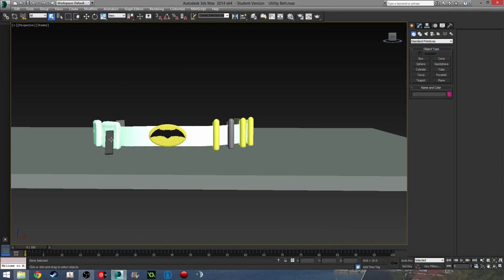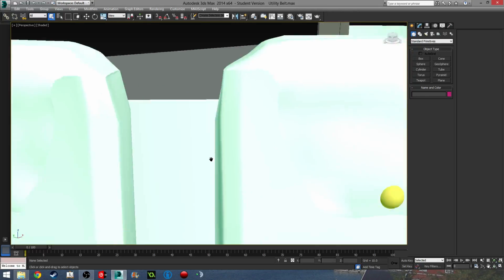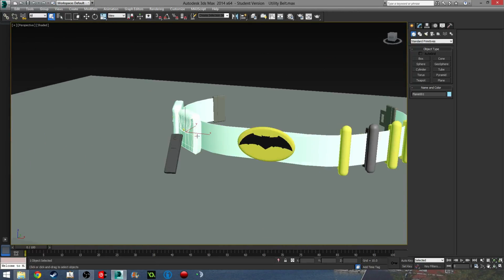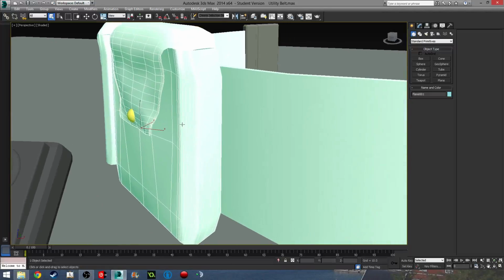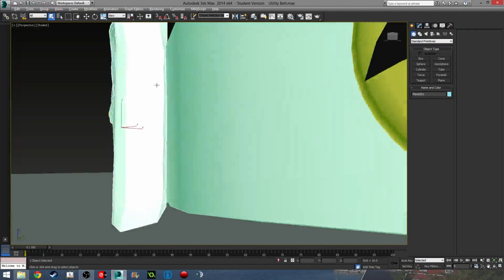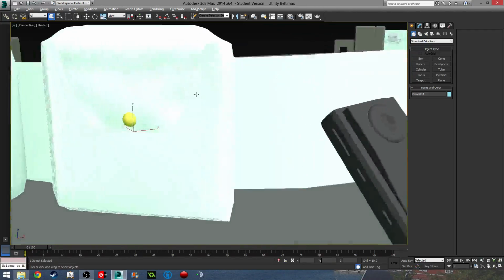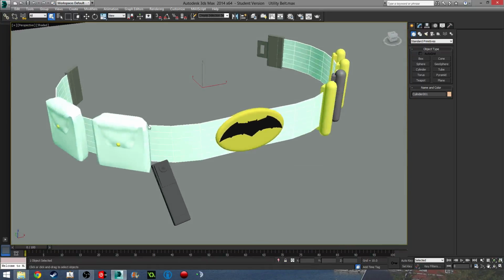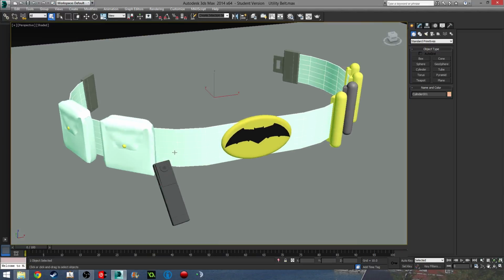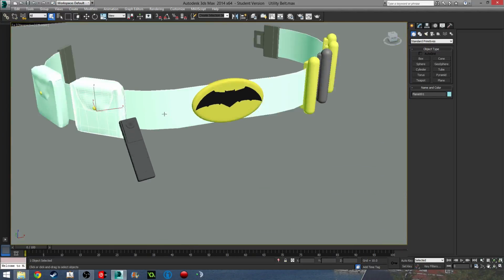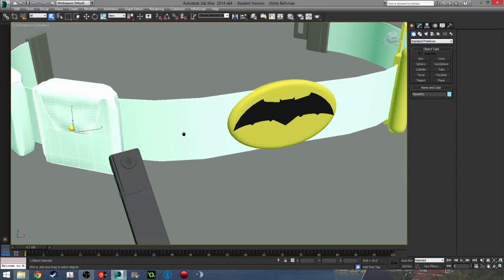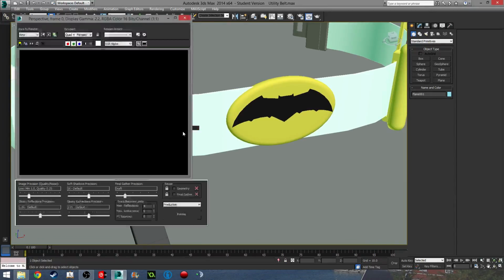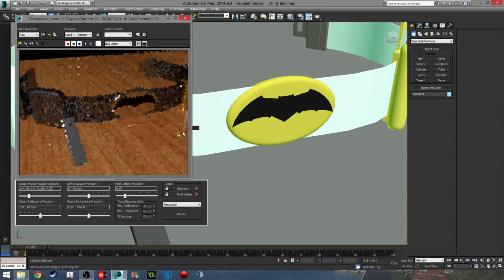I've also moved this down because the pouches are smaller, and I've remodeled the pouches using plane modeling, and I've used some soft selection to make it a little bit more material-esque. Some of it does come through the bottom of the table, but that's fine. I've rematerialed the belt as well, and made this a darker material. The pouches are going to be the same material as the belt. So if I press render, you'll be able to see the table as well as